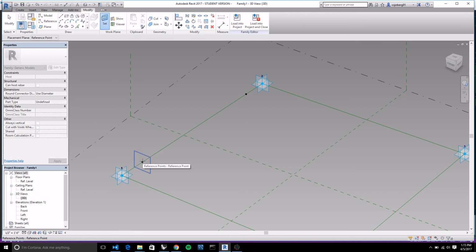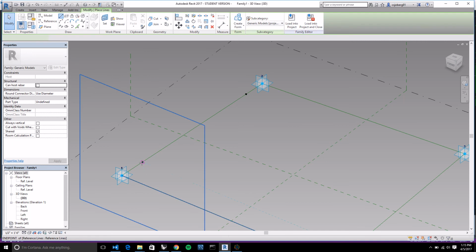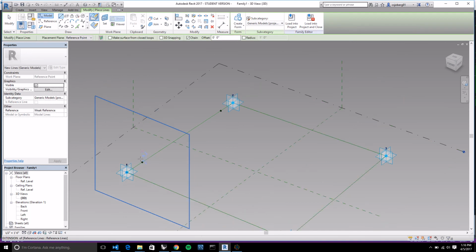and by doing that I'm telling the system that I want to draw on that reference plane that is perpendicular to this reference line here. And then I'll go ahead and draw a line, so I'll come up here and click on line, and you can see that it highlights this blue plane for our current work plane or reference plane. And so I'm just going to, it should snap to vertical,